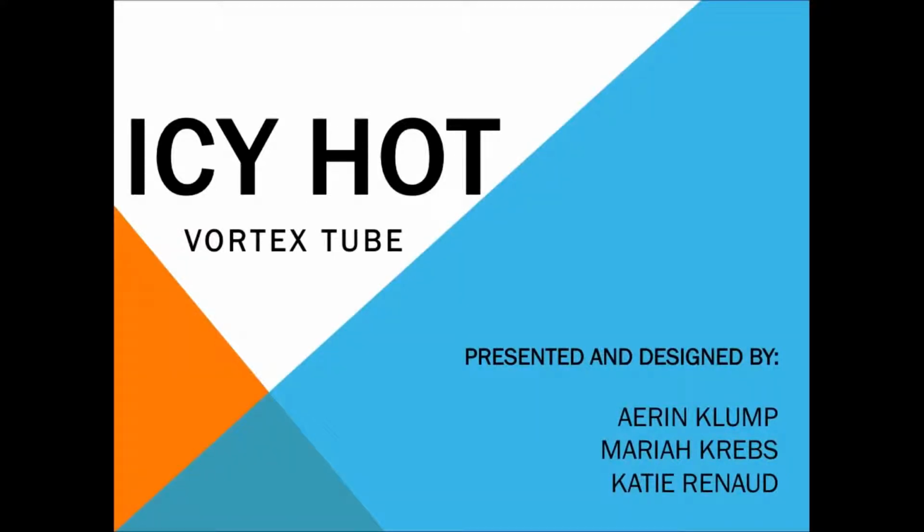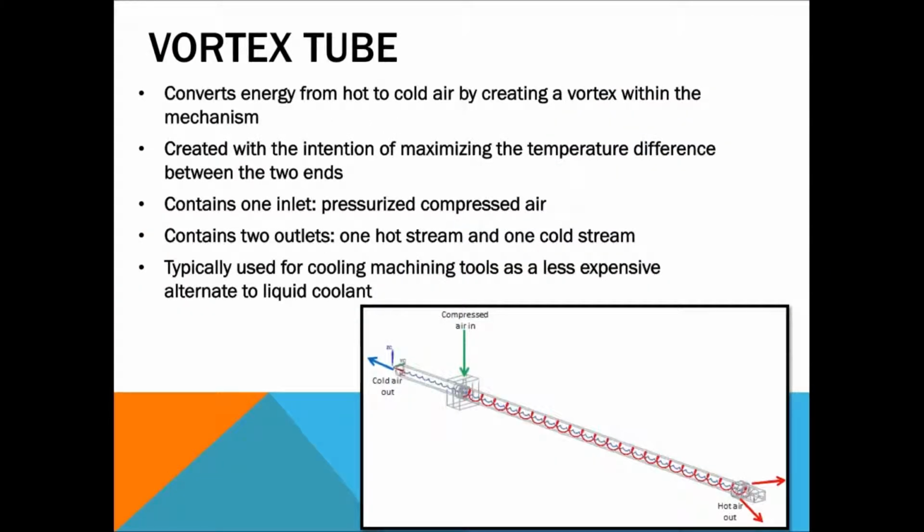This is the vortex tube designed for Team Icy Hot. Invented and designed by Aaron Klump, Mariah Krebs, and Katie Renaud. A vortex tube is a mechanism with no moving parts that uses kinetic energy to convert cold air to hot air. Compressed air enters the vortex chamber and exits out of each end of the tube system, one hot stream